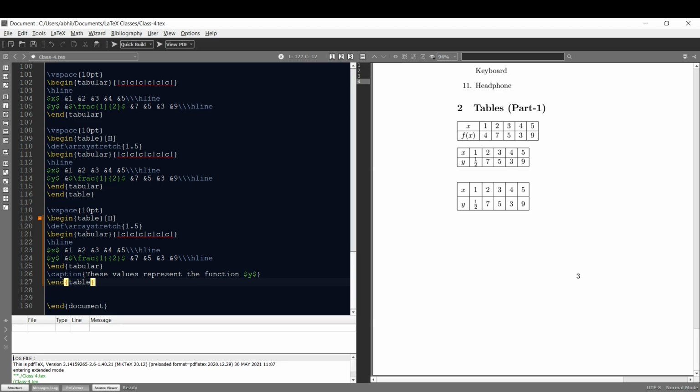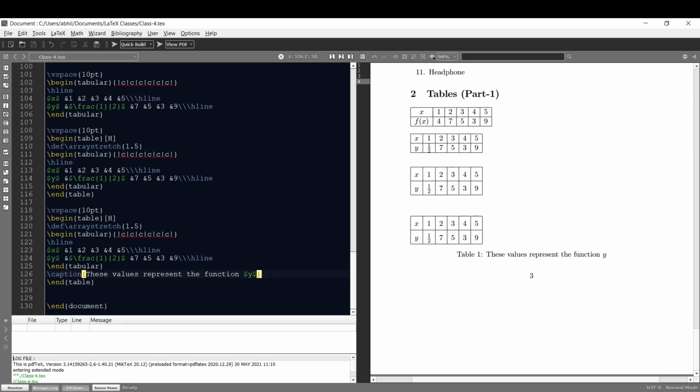So you can see that I have written the same code as the above table, but this time I have added the \caption command after end tabular for my caption to show at the bottom of my table. Now let me run this, and as you can see, there is a caption at the bottom of my table. Okay, but this looks a bit odd as my caption starts from the center whereas my table is left justified. So here I am going to use the \centering command to move my table to the center of the page.